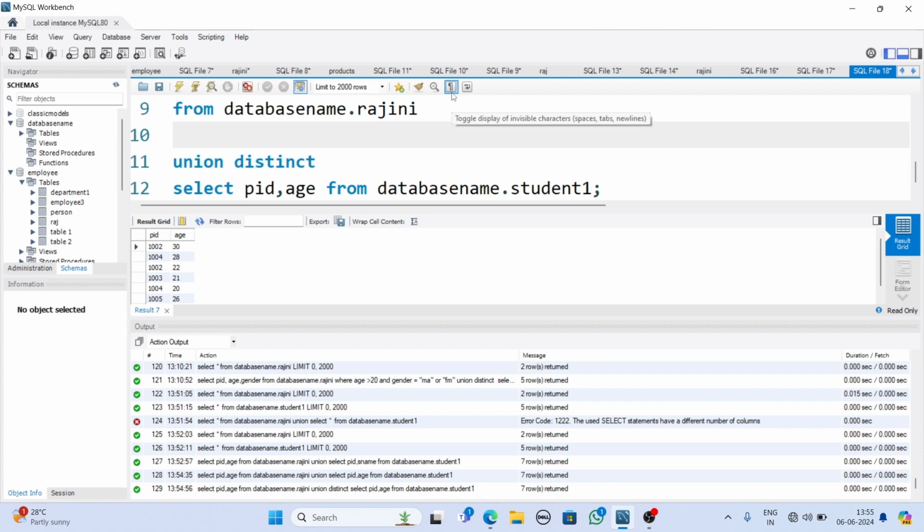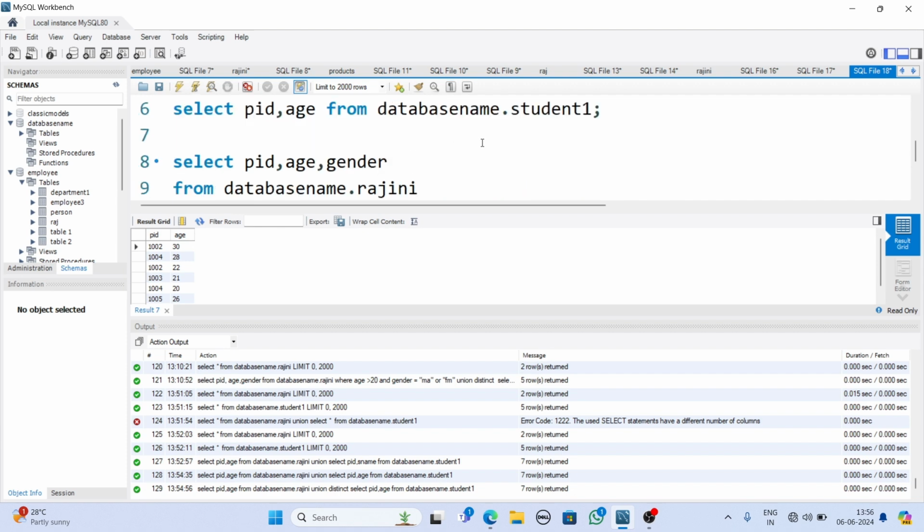And the condition: use the where clause, and age is greater than 20. We require gender also, whether he is male or female. Gender is equal to